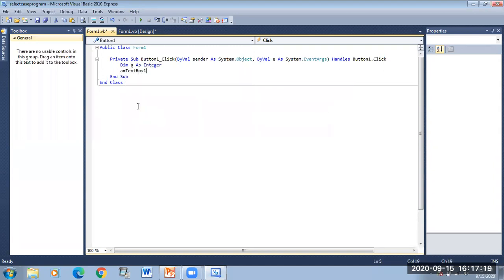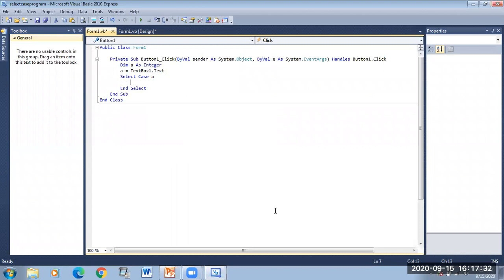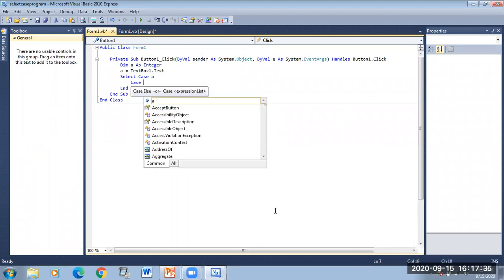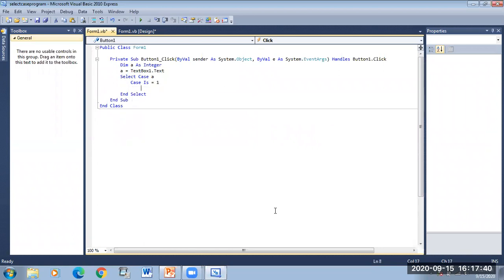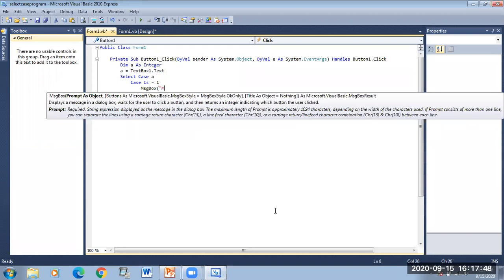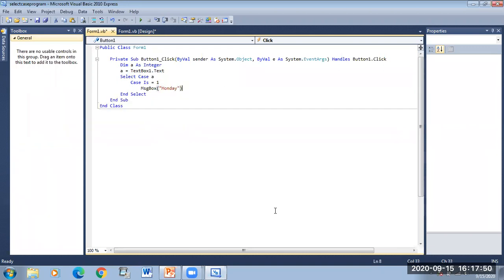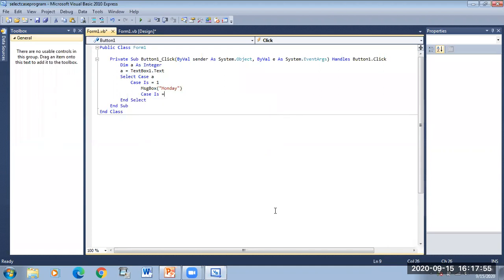Then select case a. Case is equal to 1, then message box Monday. Case is equal to 2.